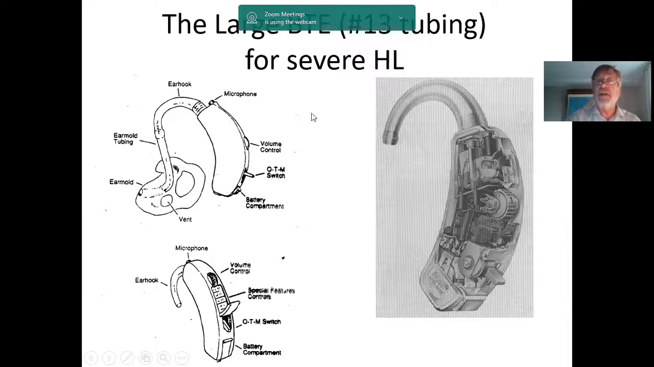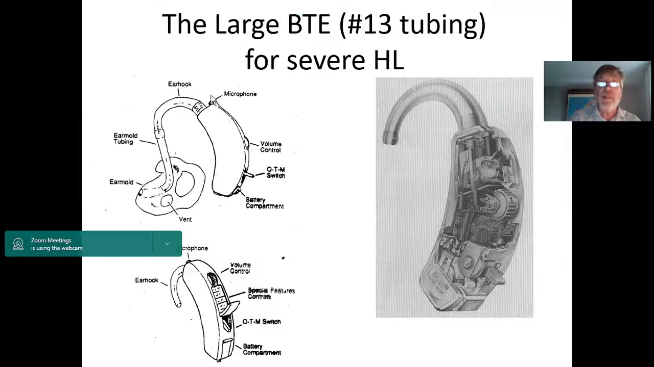Large behind-the-ear hearing aid, number 13 tubing. Once again, the mic, volume control, off-on switch, battery compartment, mic, ear. Inside here would be the speaker or receiver, ear hook that you can twist. You can turn it off, twist it off and screw it back on. You stick the number 13 tubing on the end of the ear hook, there it is, and here's the